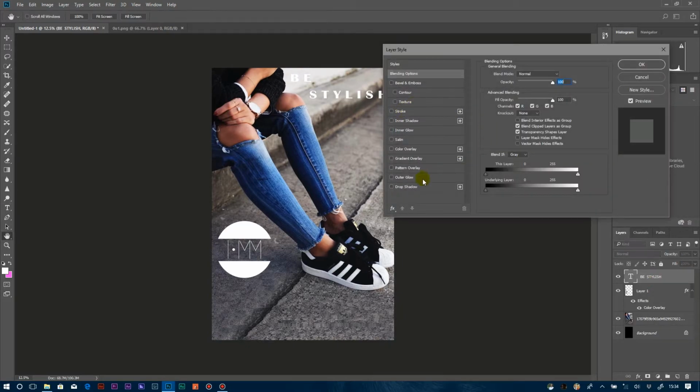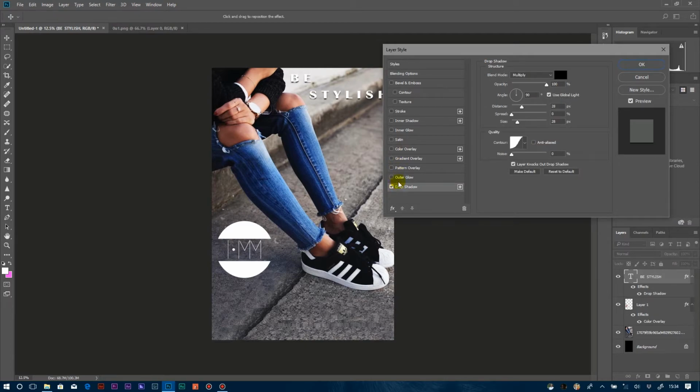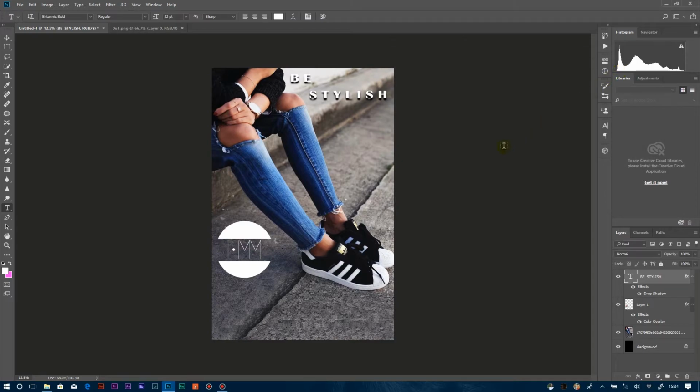Then let's put some shadow, no? Let's say drop shadow, something black. Okay, let's increase the size. Then spread some distance. Okay,